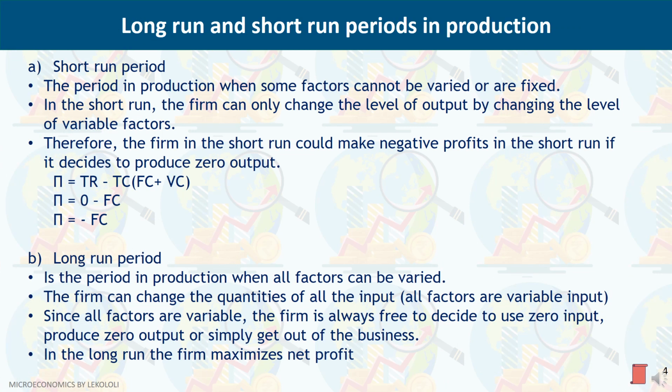Or situations in production. The short-term period, or the short run to start with, is the period in production when some factors cannot be varied or are fixed. Imagine you are running a milk production business. In the short run, some of the factors involved cannot be easily changed